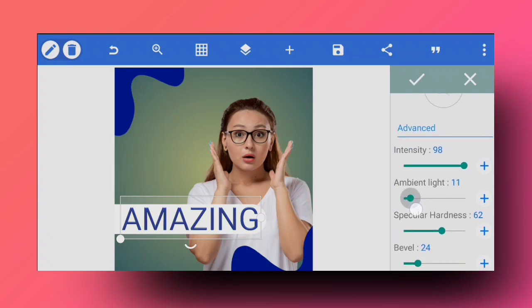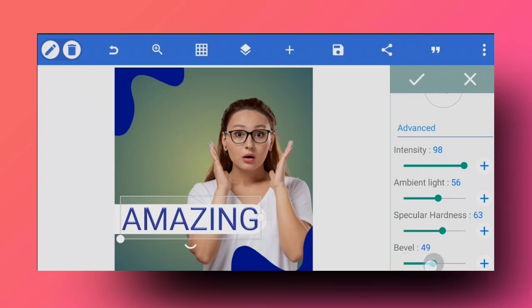You can control the lighting. If you want a different way of lighting, you can change the way it looks with the lighting, and you can add differentness. You can also adjust the sharpness or hardness of the specular. So this is how it looks if you drag it all the way down to 0, and this is how it will look and make it different.